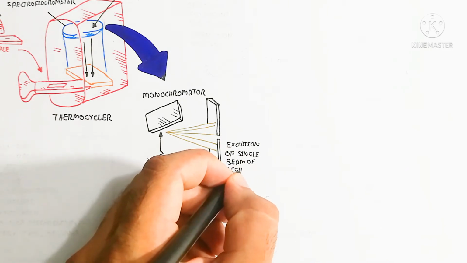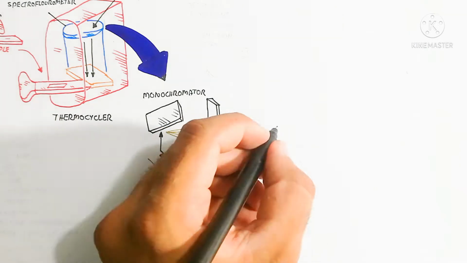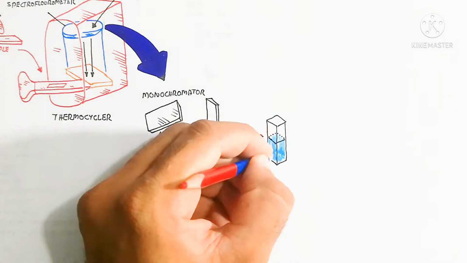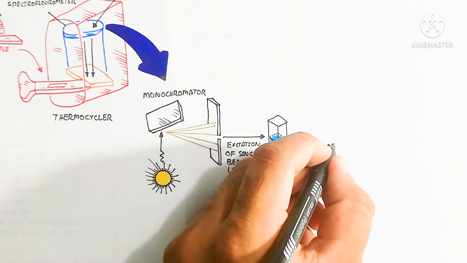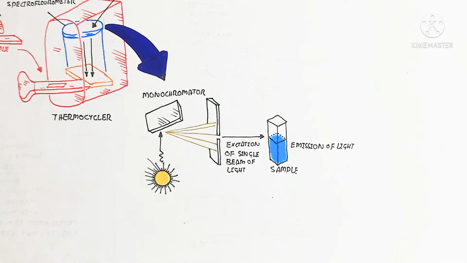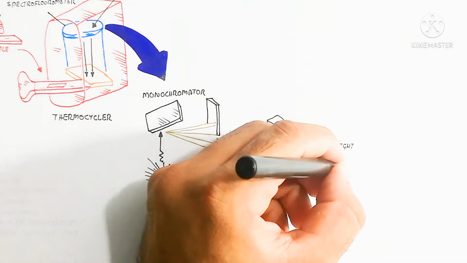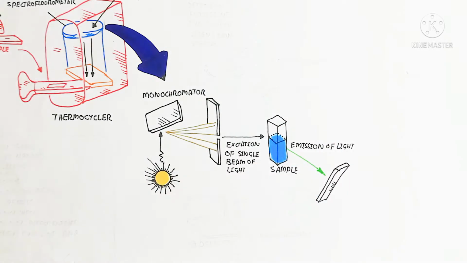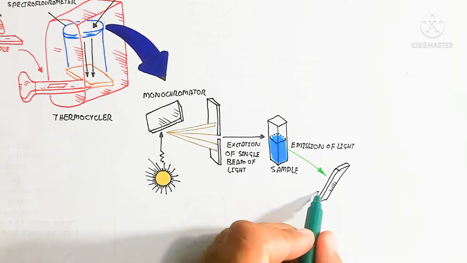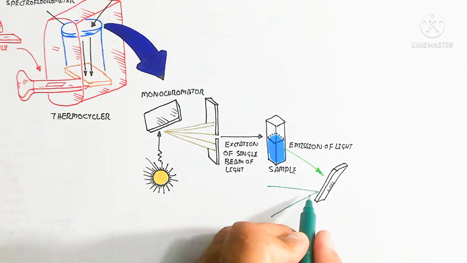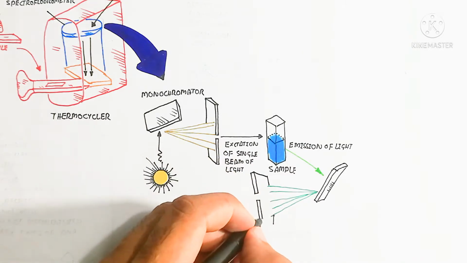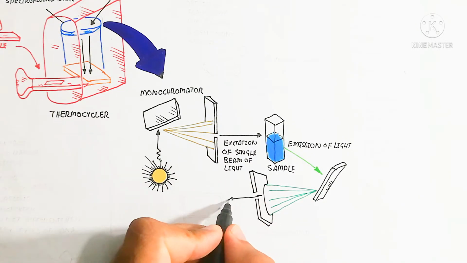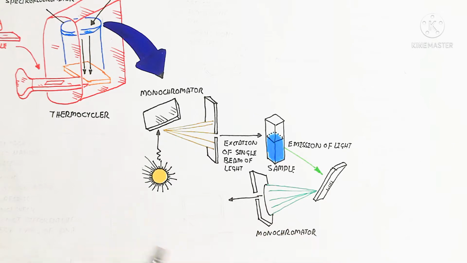After this, the sample is present, which contains a DNA sample, for example a blue color containing sample, which means it emits the color blue. When the beam of light, the excitation beam, falls on the sample, it emits, for example, green color or something. The emission of light is our interest. For example, SYBR Green, which we are using, produces the color green. So that is the non-specific detection.